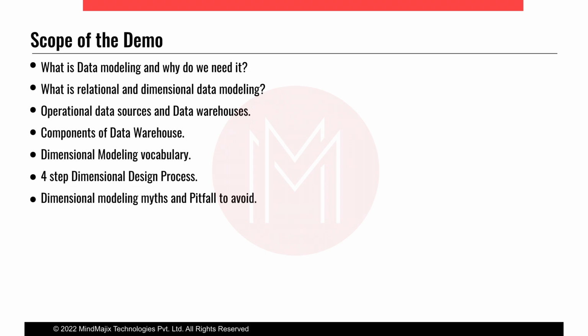The next is the fact designing, which means understanding which insights the data warehouse is going to serve to the business. The numeric data: how it will be stored, what will be the nature of it, whether it will be snapshot, accumulated, or additive. Understanding and designing that is very crucial. These are the four steps that a data modeler performs to create a data warehouse.